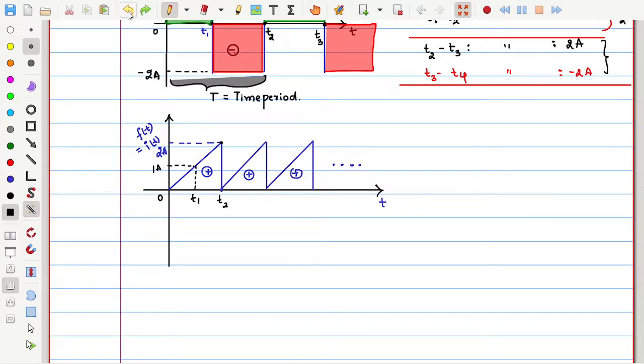If it is 0 to T1, for example, how much is the amplitude? It is changing from 0 amperes to 1 ampere. Now, in the immediate next time interval, that is T1 to T2,